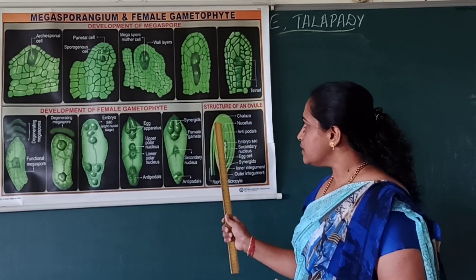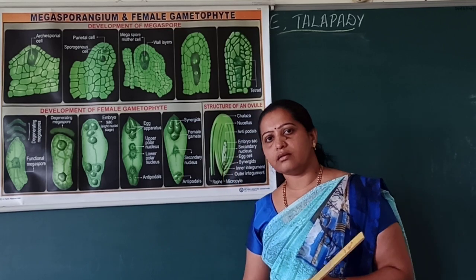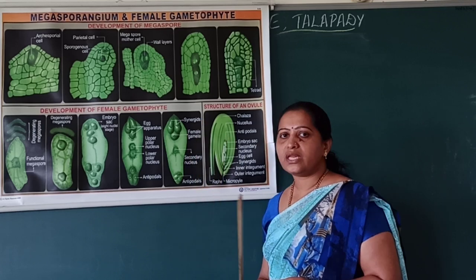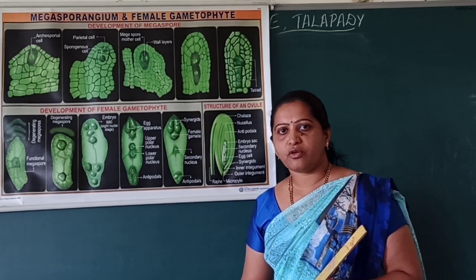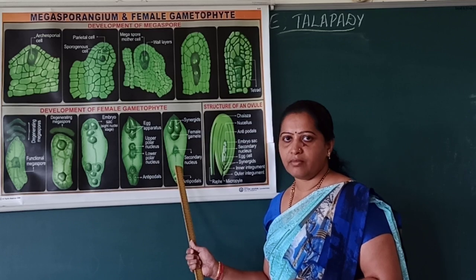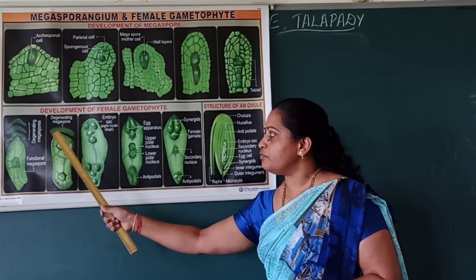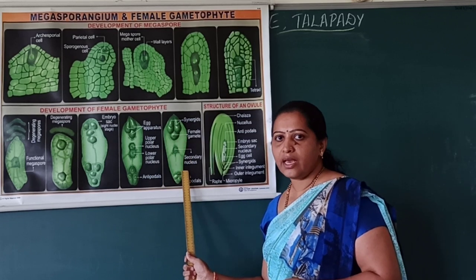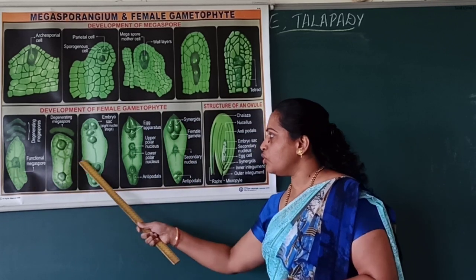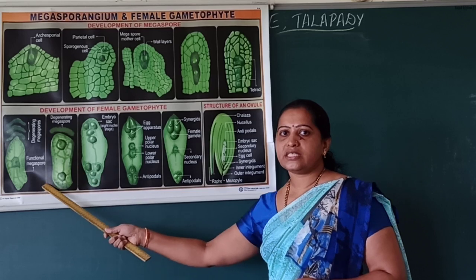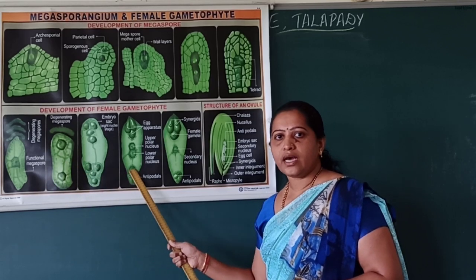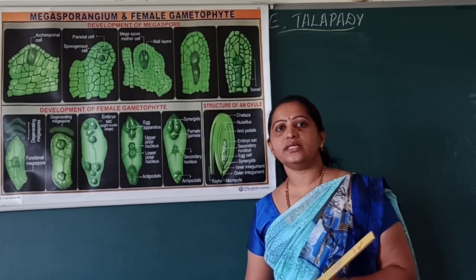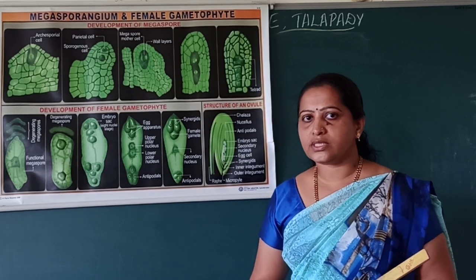So you have to remember the structure of an embryo sac, that is a female gametophyte, and this diagram is very important from exam point of view, usually asked for 5 marks. This development of one functional megaspore to a mature embryo sac is known as monosporic development that takes place by successive nuclear divisions. So now let us see how to do the diagram of the embryo sac and how to label those parts.